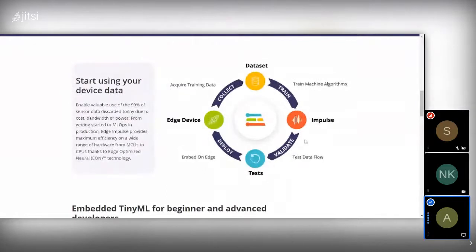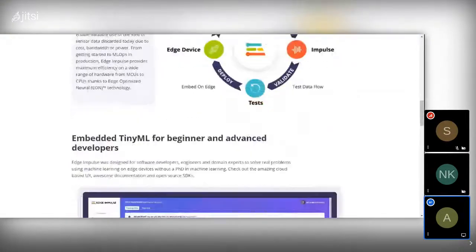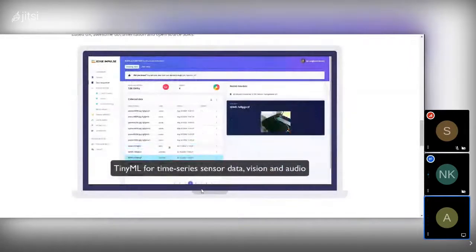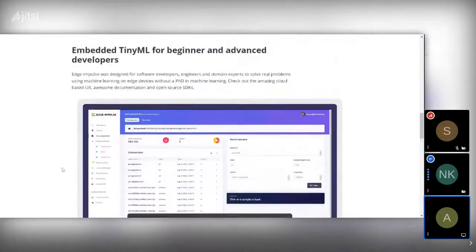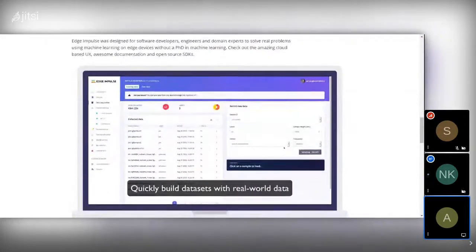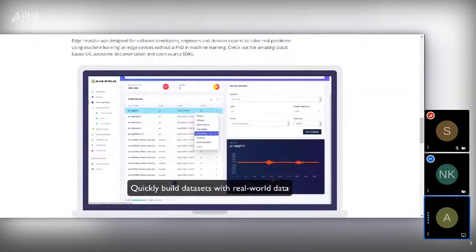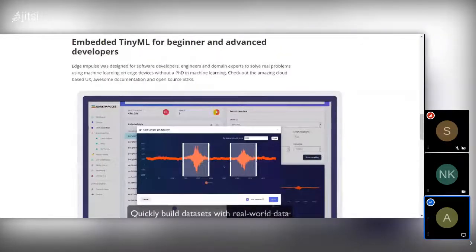So this was it. This is, I would say, a complete brief flow chart kind of thing, which explains all the things which are being done in Edge Impulse right now. This is the flow chart I asked you about in the group. Do you remember? Yeah, sure, I remember that as well.